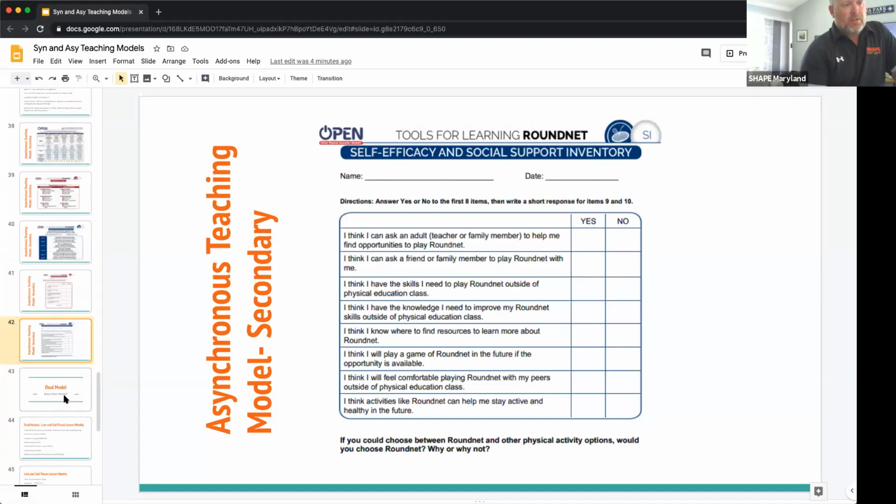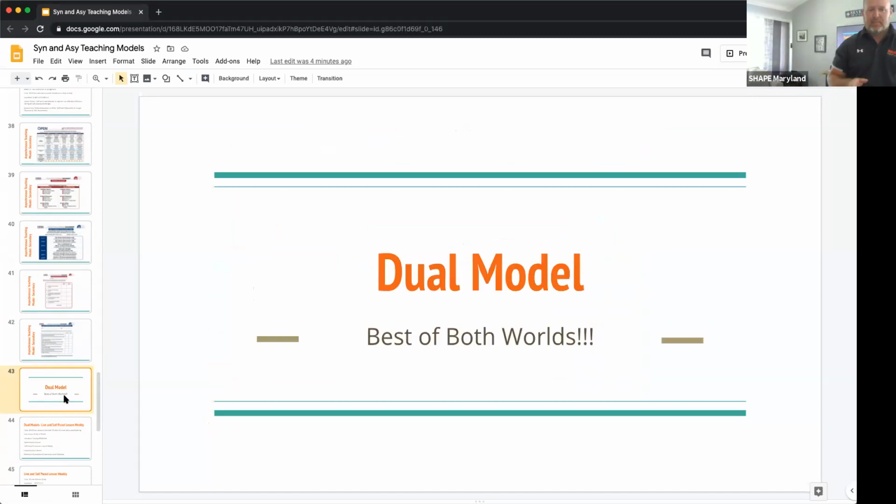So the next model we're going to talk about is a dual model. I think a dual model is a really cool model because it's the best of both worlds. A dual model means you're going to be teaching both synchronous one day a week and asynchronous later in the week. And it allows you to get the best of both worlds because it allows you to see your students. You can get to meet them face to face,